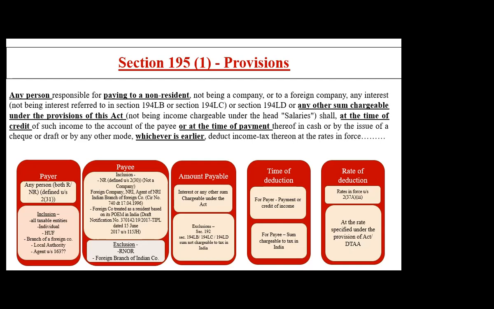So now coming to the third portion of it. Then we say that there are two nature of payments which are to be made. There are two categories which they have defined in this section. That is any interest or any sum chargeable to tax. They have made some exclusion also in this category. So for any interest, they have made 3 exclusions: 194LB, LC and LD. The reason being that 194LB, LC and LD all are already there at a subsidized rate of 5%.